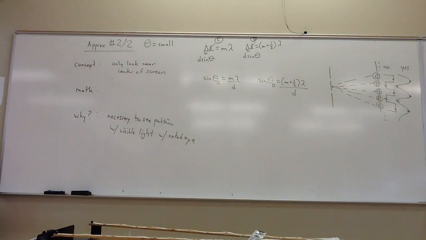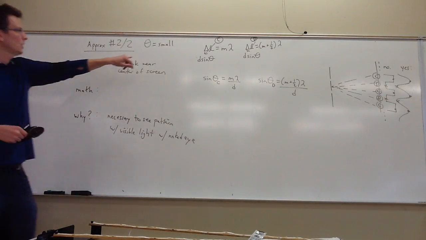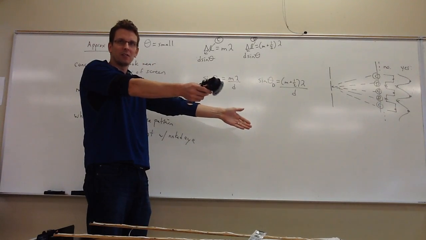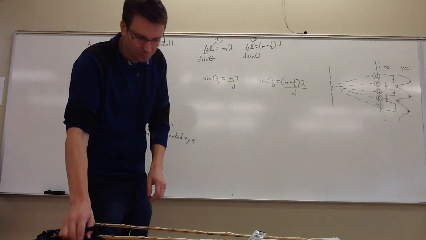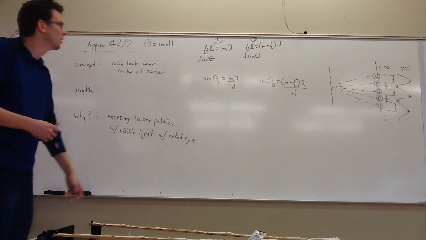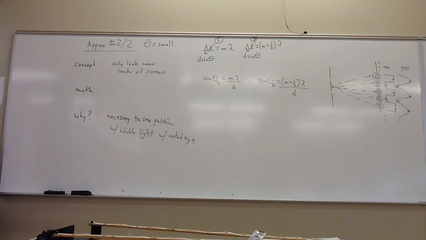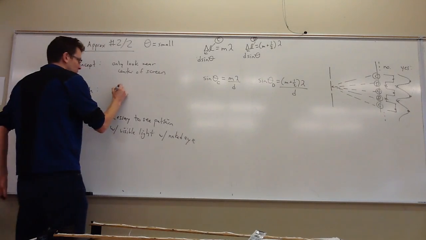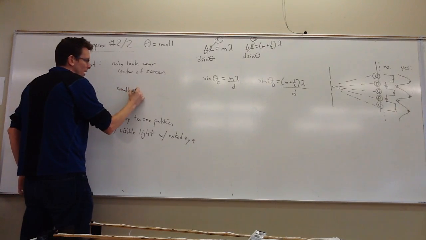So again, I haven't yet told you why it fades out, but if it does fade out so we can no longer see it, well, we might as well only look at relatively small angles, right? There's a relatively small angular width where we can see this, so let's use that. Okay? So, what mathematical help might come along with this? This is where we get to use this thing called the small angle approximation. It's a common mathematical trick